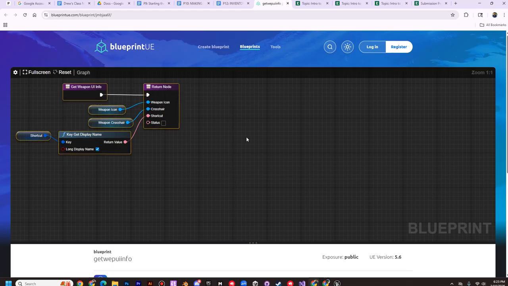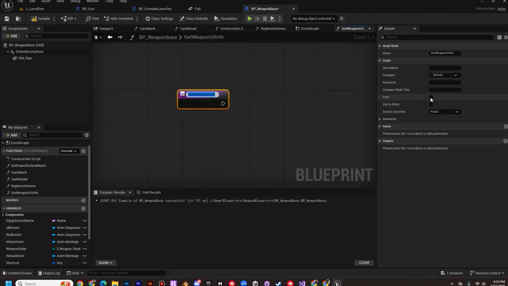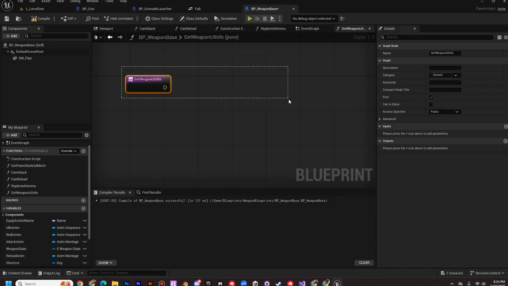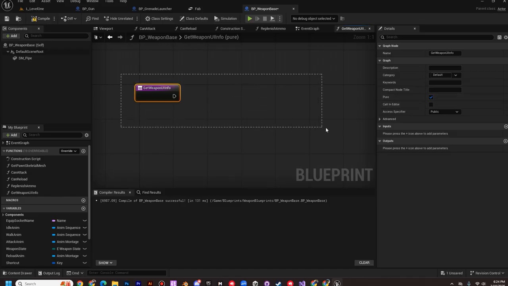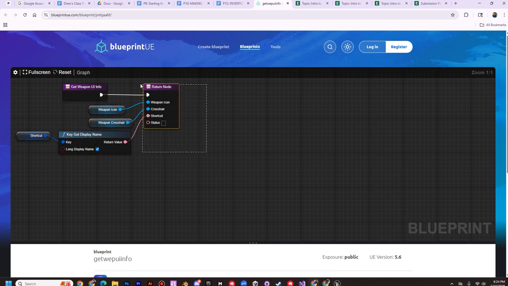Looks like this. First, let's go back and make this a pure function. So I click on the starting node, click this pure button in the details panel. We're just going to make it clear that this function isn't going to be used to change anything outside of the boundaries of this function. So we're not going to change the value of any variables or anything like that. All this function is going to be used for is getting data, calculating data, stuff like that. The reason we make it pure is so that it's clear that that is this function's purpose if we're working on a team or something like that. So like you can see, it's not actually